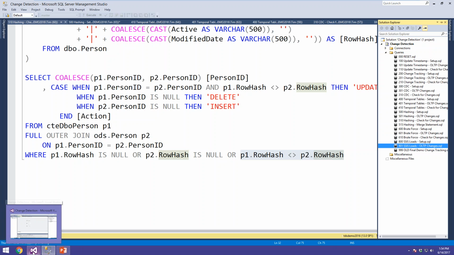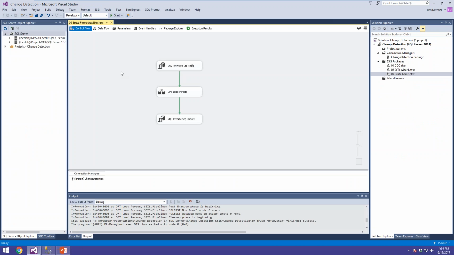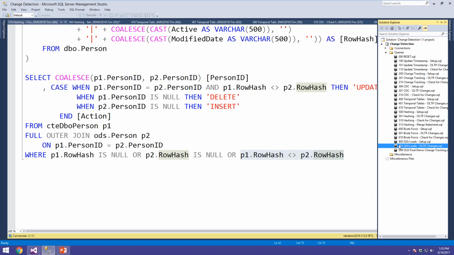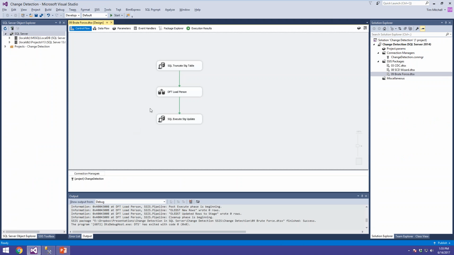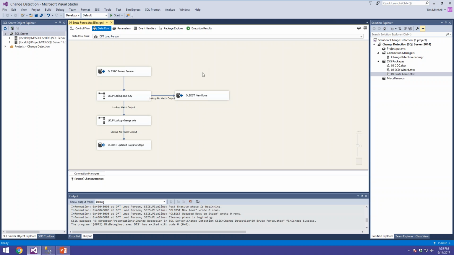So last thing I'll show you is I'm going to change context and jump over to SSIS. So regardless of what you're doing anywhere else, on the SSIS side, if you need to make changes, let me run back and run this setup and the query. So on Integration Services, if you want to do everything that we've been doing up to this point, whether it's with brute force or with hash bytes, you can do the same thing in SSIS